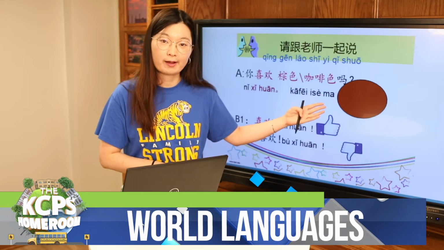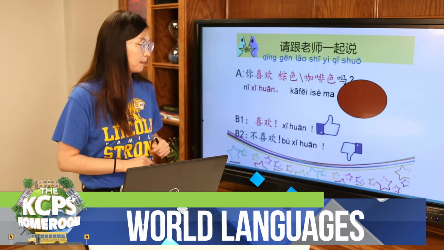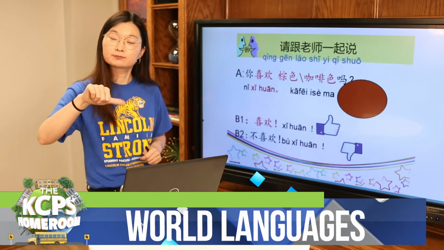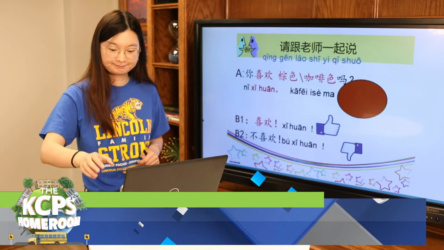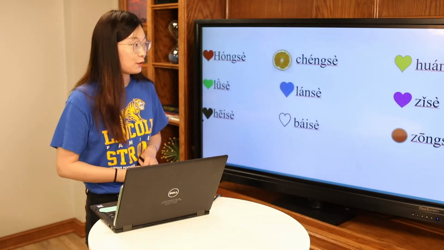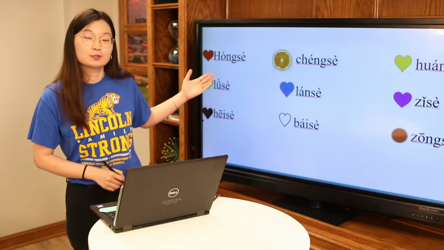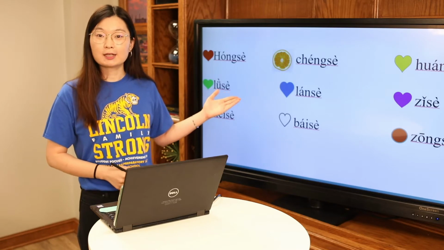Okay, the color brown. 棕色。喜欢。不喜欢。Okay, so these are the 9 colors we're going to learn today, and I would like you to take notes